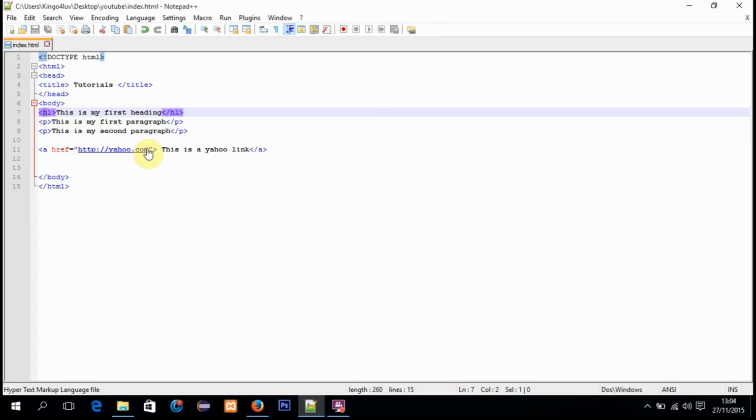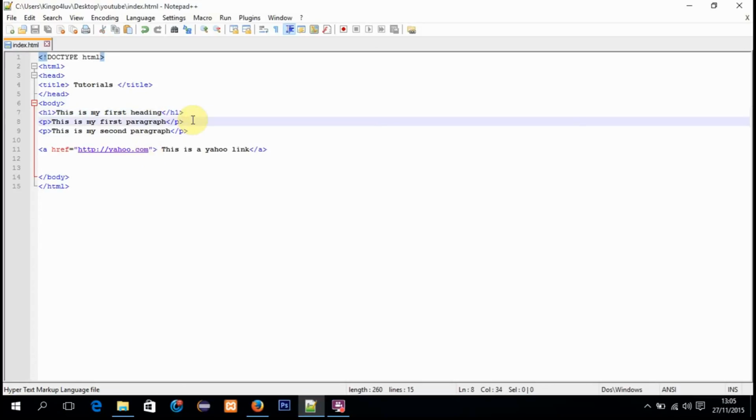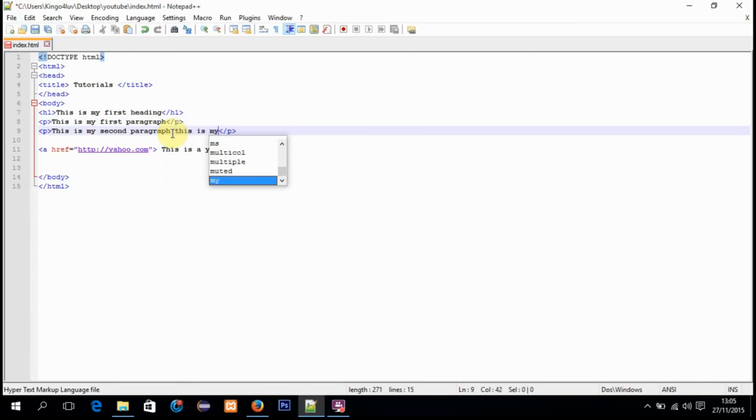Okay, so we also have what we call empty HTML tags, or empty HTML elements. Empty HTML elements are elements with no content inside. So we have lots of them. We have the line break. We are going to really look at that now. Now, if for example I write, this is my first